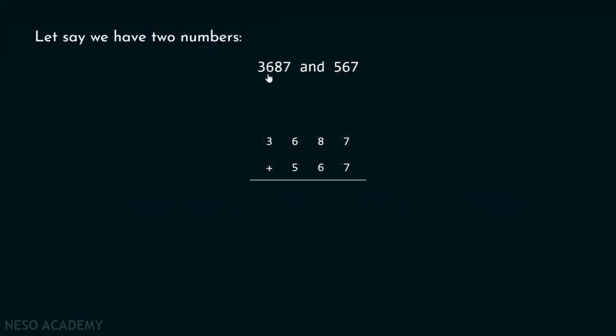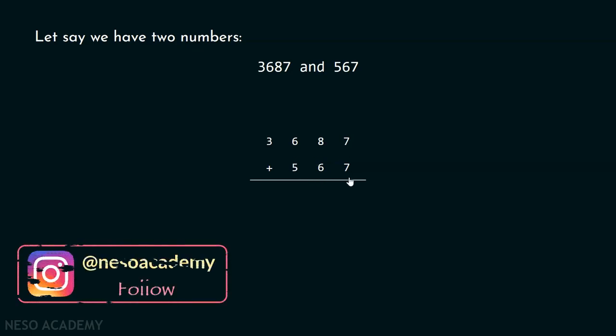Let's say we have these two numbers 3687 and 567. Our target is to simply add these two numbers. These are the representation of these two numbers. I simply put them over here, 3687 and 567, for the purpose of addition. We know that the addition starts from the units place, so we will first add the digits of the units place. You can see that 7 plus 7 gives 14 and 4 must be placed over here and 1 will